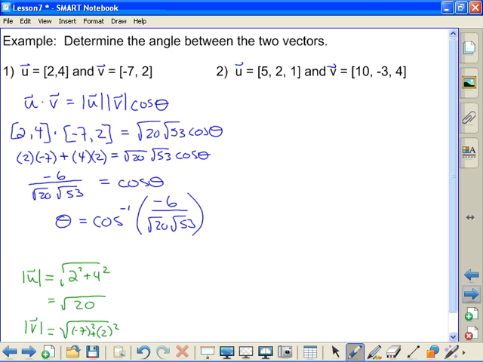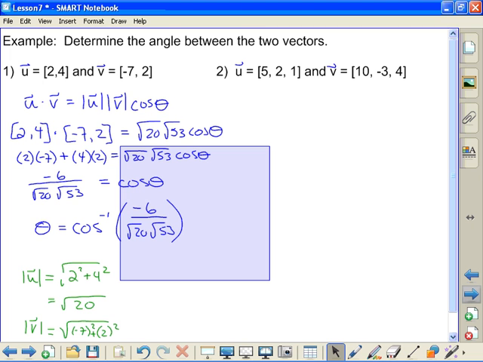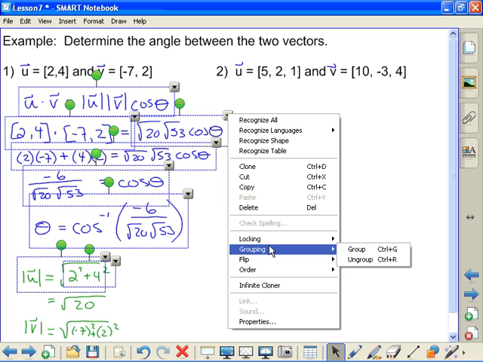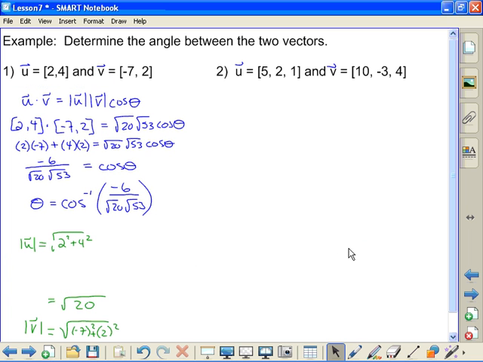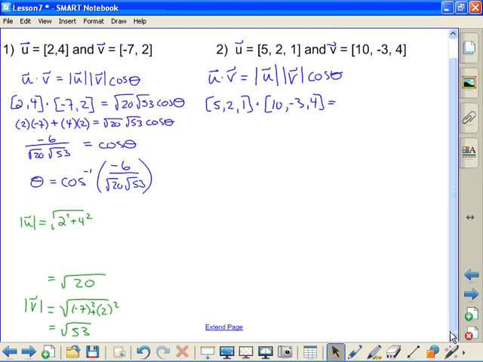That's it. Okay. Does it become any more complicated when you are doing 3 dimensions? And the answer is no. Just one extra step when you're doing the calculations. There's that k component now that you need to be concerned with. So again, u dot v is equal to magnitude of u, magnitude of v, cos theta. So 5, 2, and 1, dot with 10, negative 3, and 4 equals, down below here, I need to find the magnitude